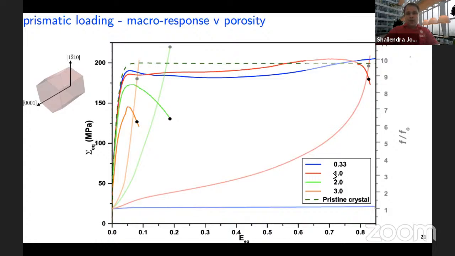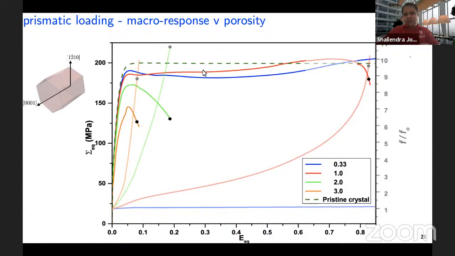But at triaxiality of 1, you start seeing a void that is growing rather rapidly, shown by the red color. But at the same time, the stress-strain response is also increasing despite the void growing rather rapidly. And it is actually hardening. It is hardening much more than the pristine crystal, before it starts to soften and then fail. The black circles are when we find the voids at the cusp of onset of coalescence with their neighbors. Okay, so that's quite interesting.